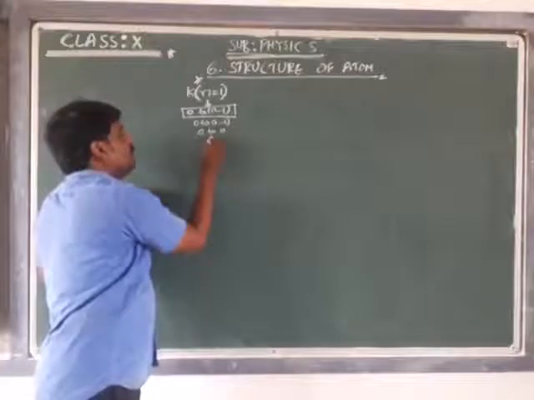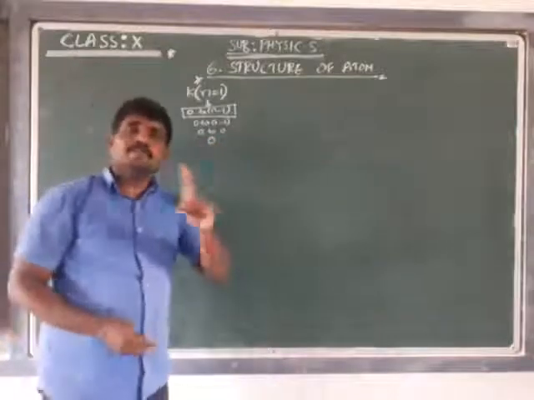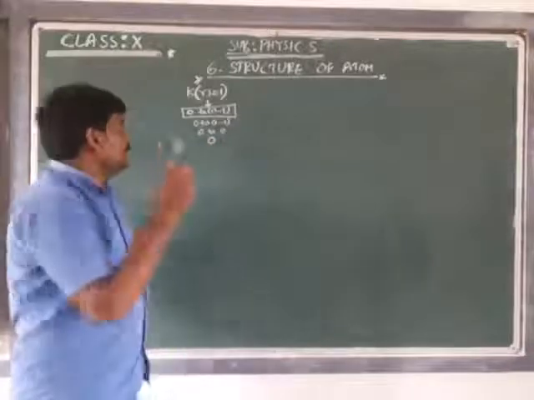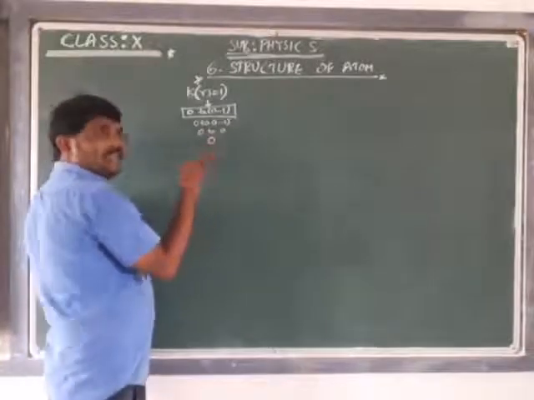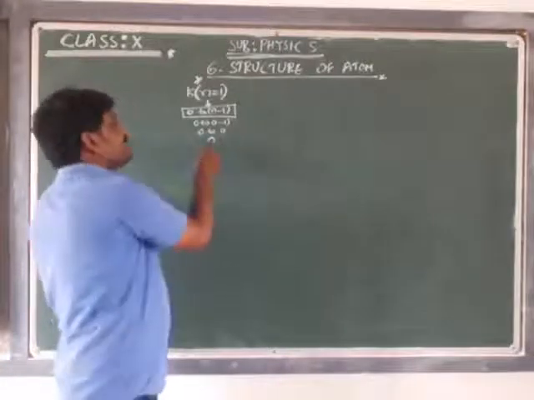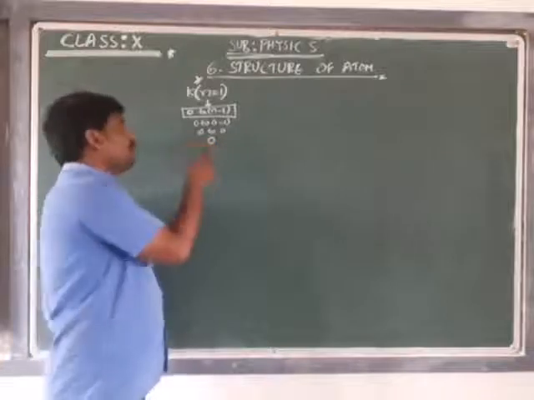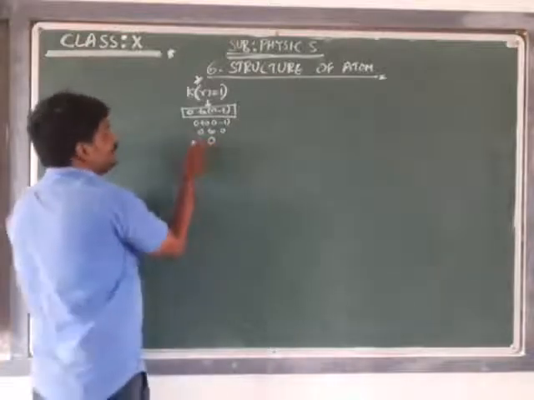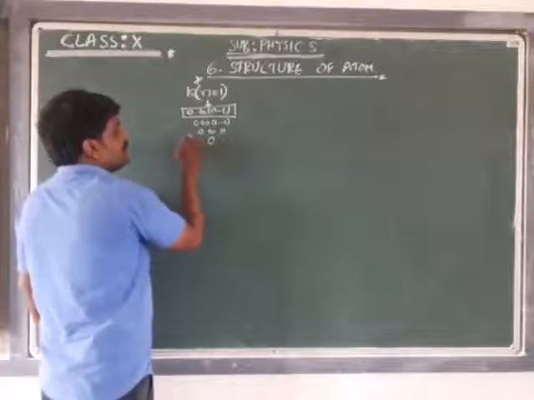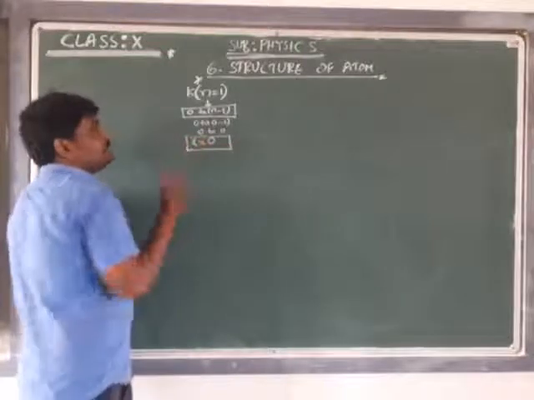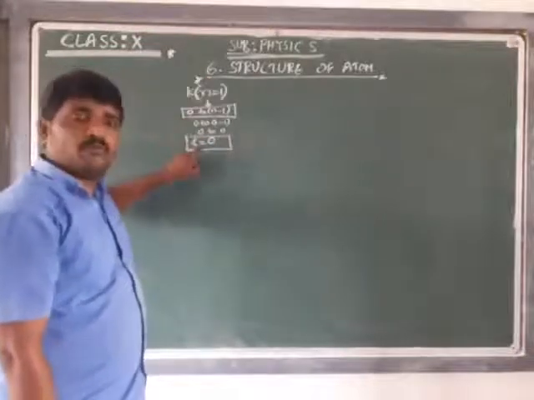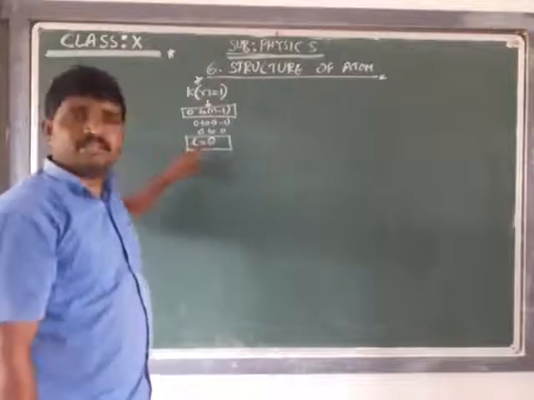0 to 0 will be only one 0. In the number system we have only one 0. Don't take it as a quantity, take it as a value. One value we have, and that value is 0. That means the L value is 0, and only one value is possessed. That means we have one subshell. Keep in mind, for n equal to 1, we have one subshell, L equal to 0.